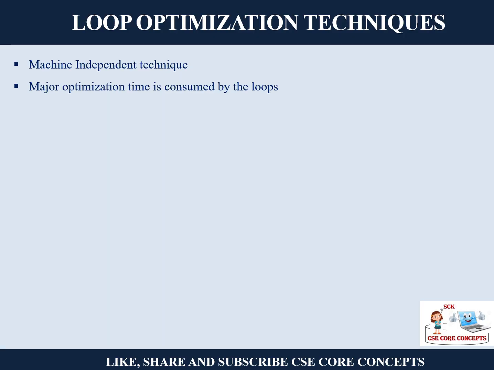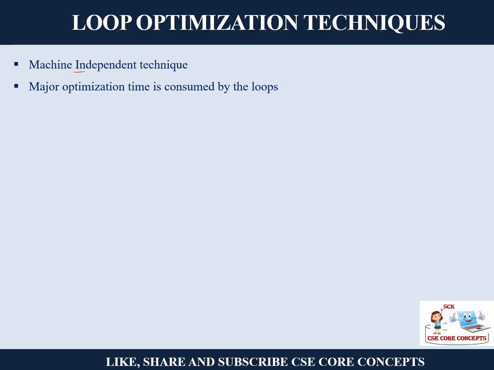Now we will talk about the loop optimization technique, and loop optimization is a machine independent technique. Machine independent means it does not matter which register, which type of processor, which type of CPU you are using. This will work purely on your code, irrespective of any processor. Since it is machine independent, you need not do it after the target code generation. You can perform it before generating the target code, immediately after generating the intermediate code. There you can apply the loop optimization technique.